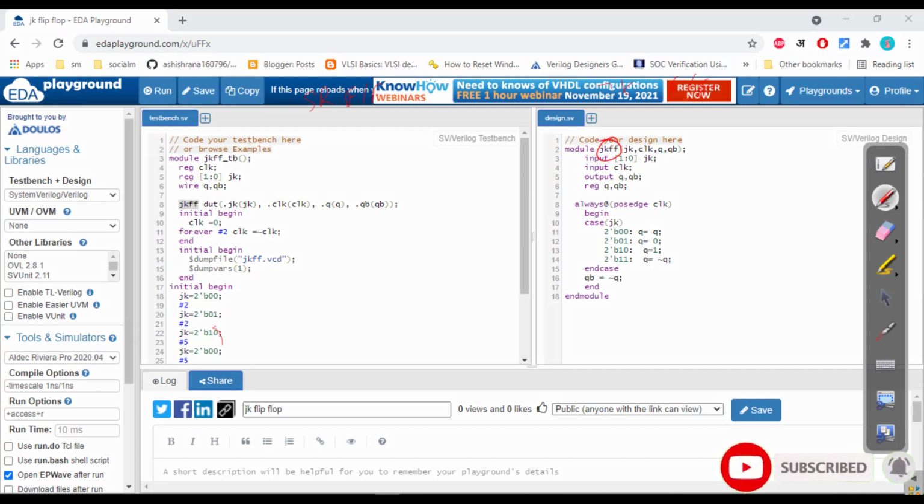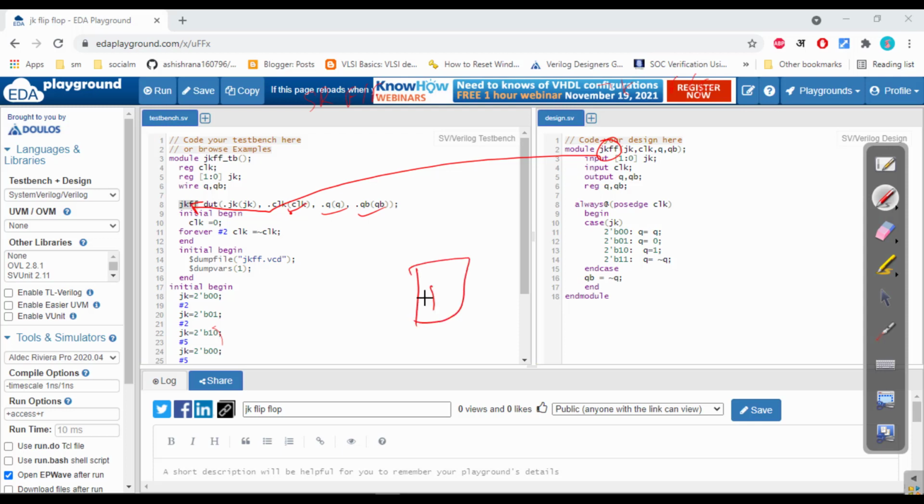This is the module name, and this module is instantiated here, connecting the test bench to the module with dot JK, dot clock. In this way you can connect, like if it is the JK flip-flop and the test bench generates a stimulus, you have to connect like this.